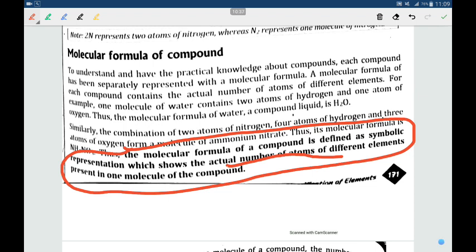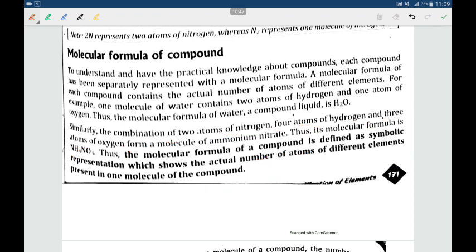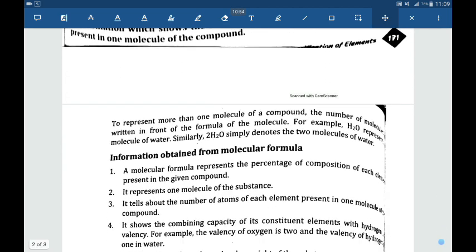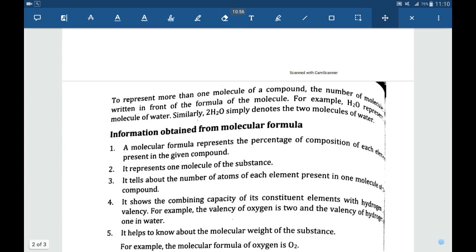How many atoms are present in one molecule of a compound? That symbolic representation is the molecular formula of a compound. So, I said earlier some examples: